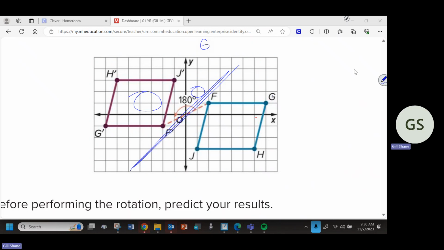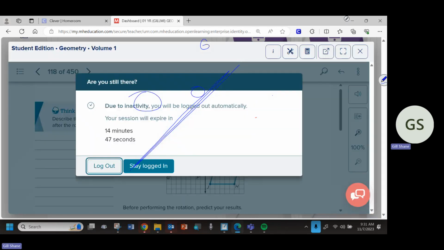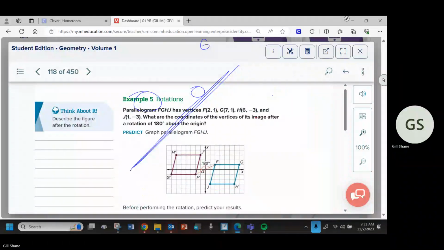So once you've done those two, once you've really tried to figure out, can I do this with a reflection and/or a translation? If you can't figure a way out, then you go to rotations. Then use that as your last attempt to figure out whether or not you can